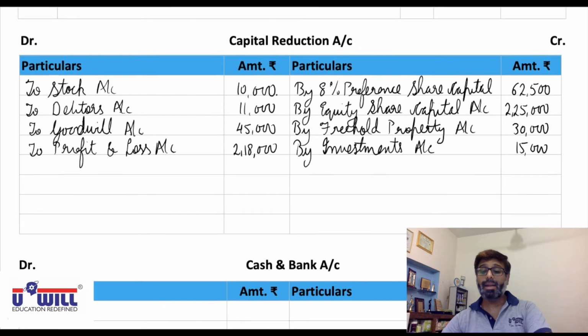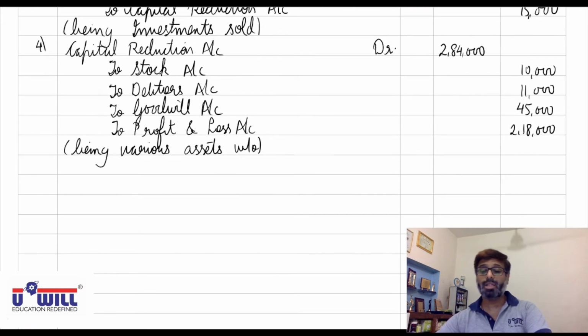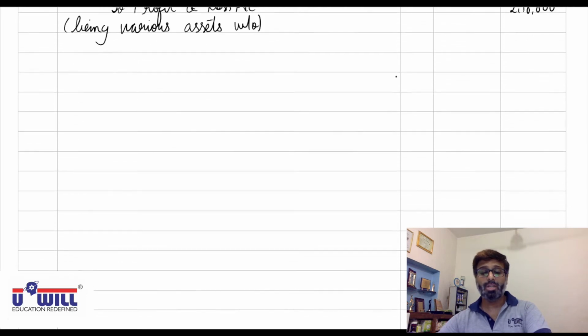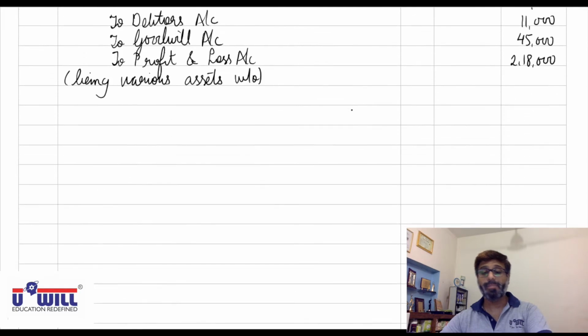Okay. Capital reduction account debit. So in capital reduction account debit side, all the opposite account. To stock 10,000, to debtors 11,000, to goodwill 45,000, to profit and loss account 2,18,000. Now next,